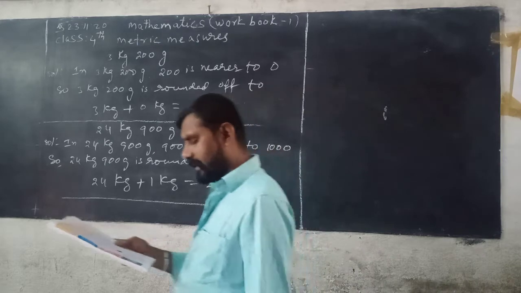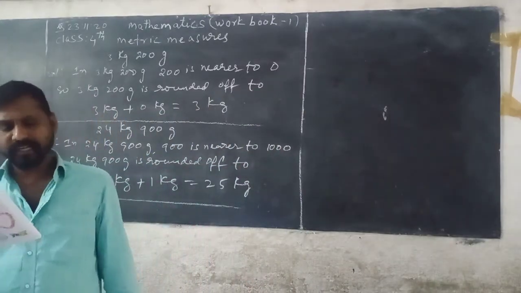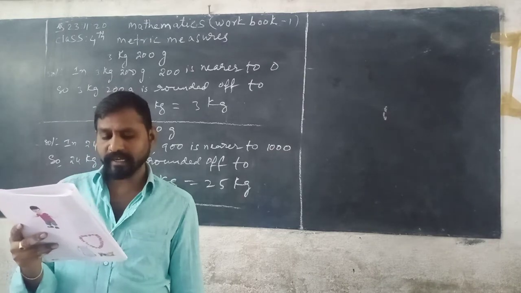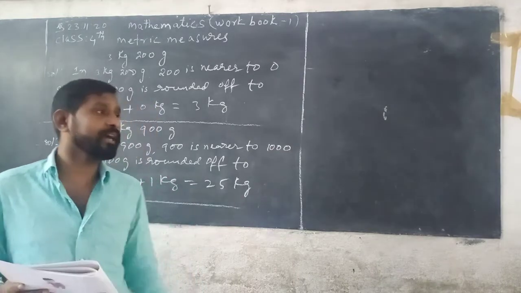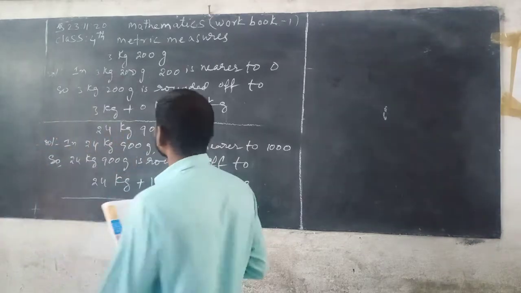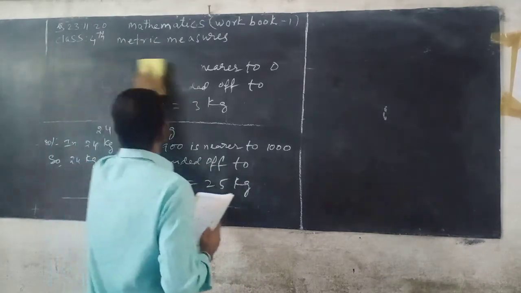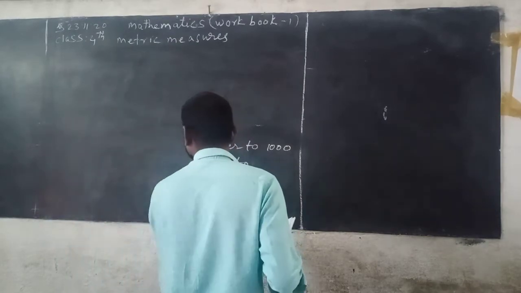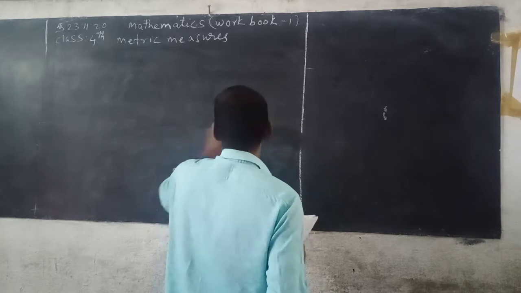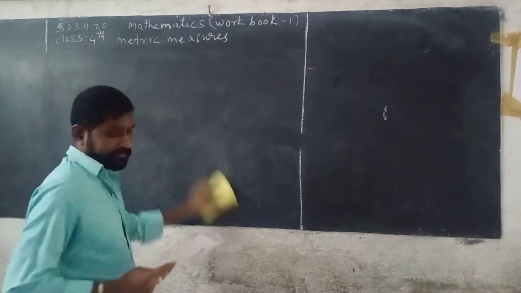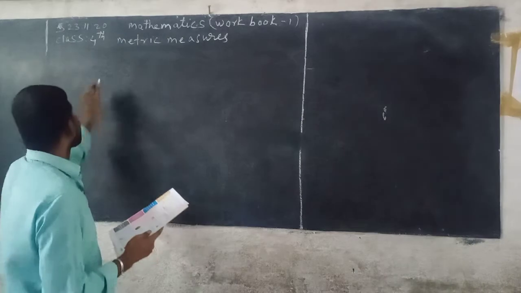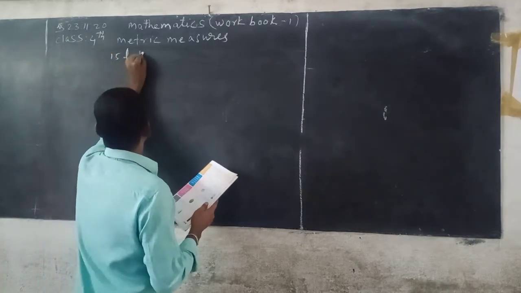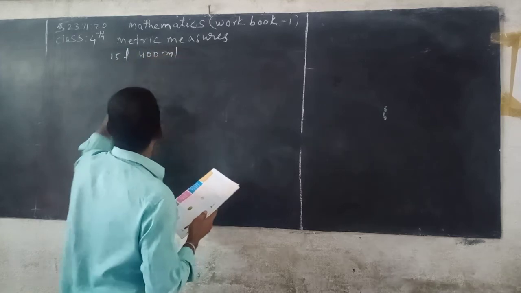Next, estimate the capacity to the nearest liter. First one is the quantity of milk in the can is 15 liter 400 milliliter. Solution: